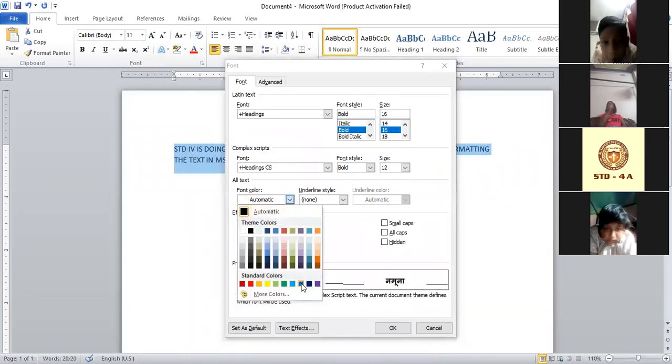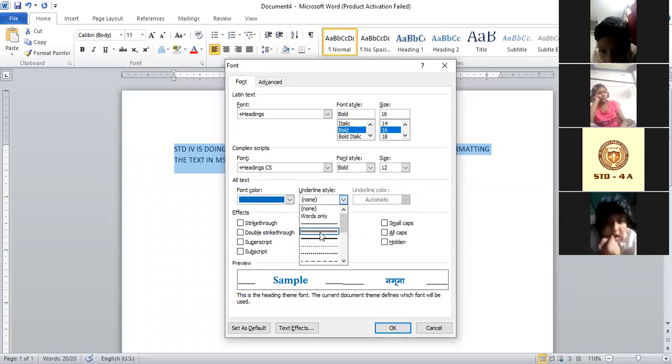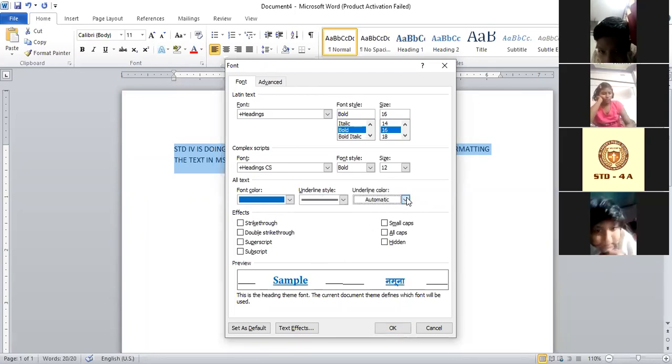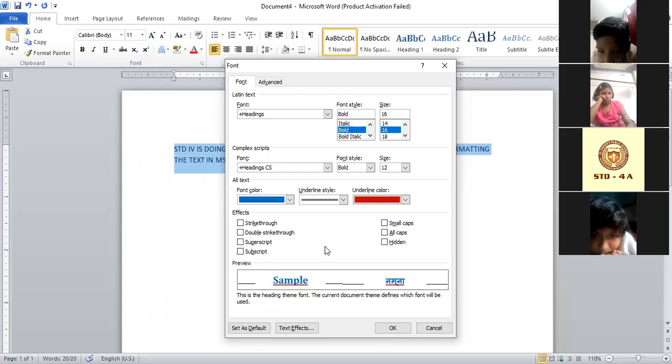Let's do blue color. So I selected blue. Then I want an underline. Let's select the underline pattern. So I want this double underline. Now I want a color for the underline. So let's select the color of the underline. Let's say dark red. Okay.